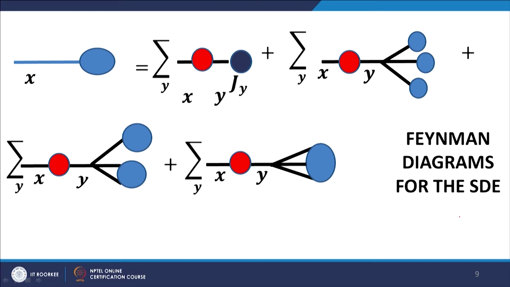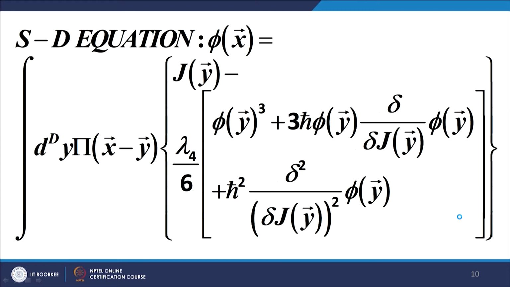Now, we translate that to a Schwinger-Dyson equation. The translation is almost absolutely parallel to what we had for the 0-dimensional case, except for the fact that there is an additional summation over y, and this summation over y translates to an integral in the continuous form. Therefore, in the Schwinger-Dyson equation we have an additional integral with respect to the y coordinates of the propagator, and then we have this representation of each of the 4 diagrams that we discussed just now.